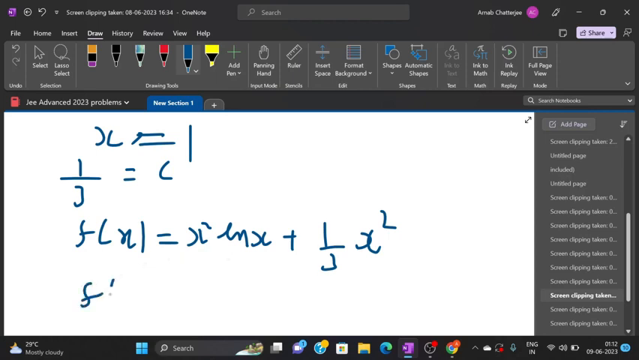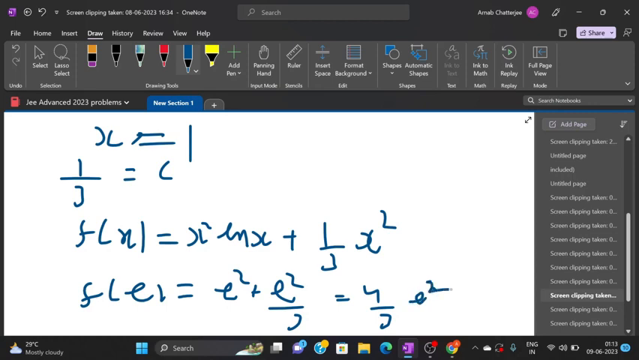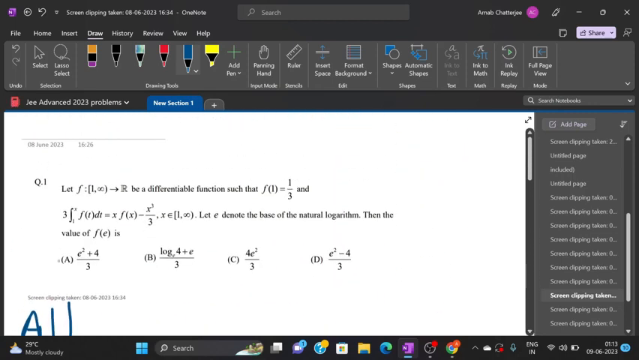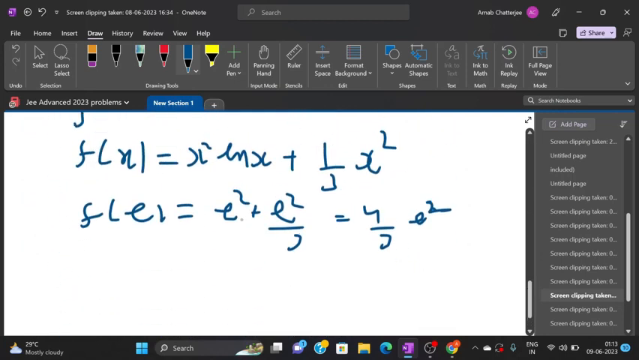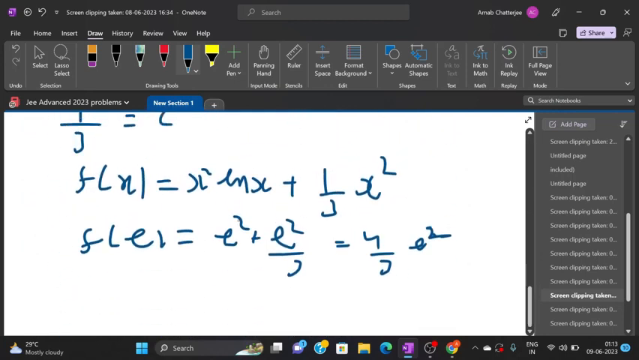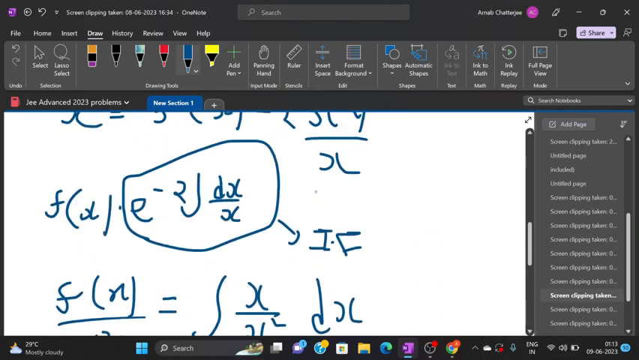तो अब अपन f of e निकालेंगे, तो f of e बन जाएगा e square plus e square by 3, that is equal to 4/3 e square. तो ये जो है सिंपल सपाट प्रॉब्लम थी। ठीक है, सिंपल प्रॉब्लम थी, एकदम इजी सी थी, और इसमें कैलकुलेशन भी ऐसा बहुत हैवी नहीं थी। सो दिस वाज एन इजी प्रॉब्लम आई वुड से।